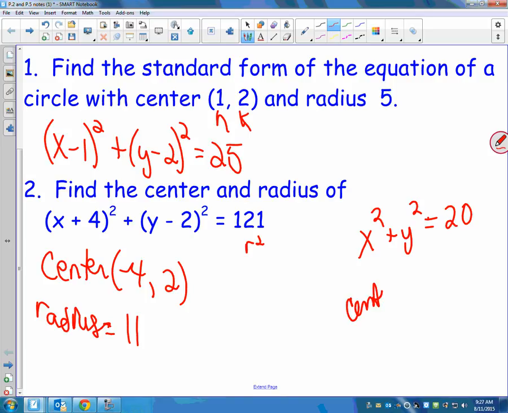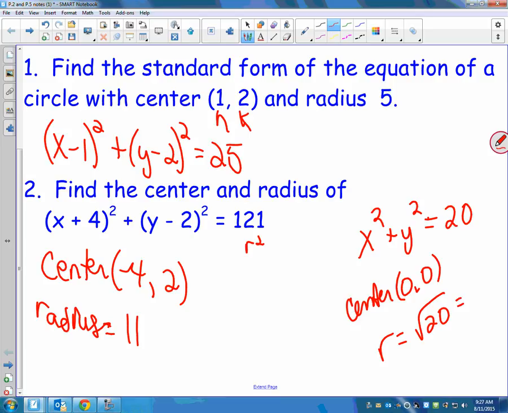The center would be 0, 0. And the radius, don't type the square root of 20 in your calculator and give me a decimal, right? That's r squared, so it would be the square root of 20. But even more specifically, a better answer would be that we would simplify that radical, right? So I don't want decimals. I'd rather you leave it as a radical, but if you could break that down, you should be able to